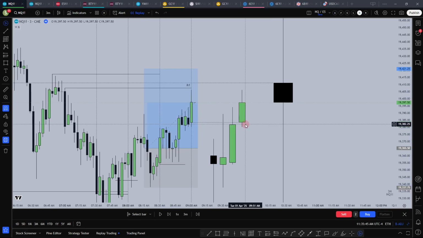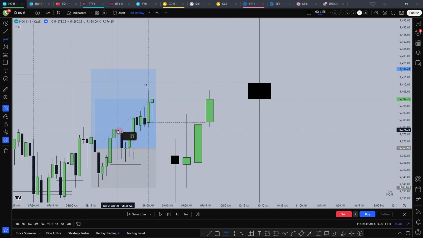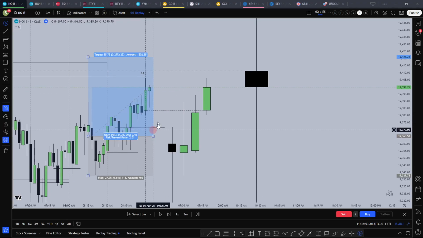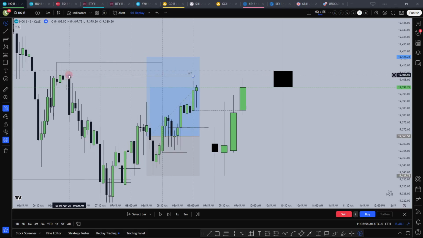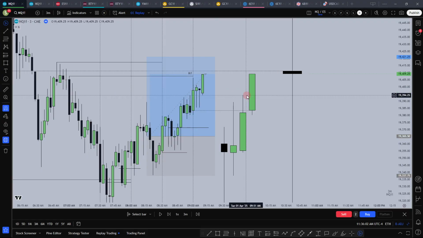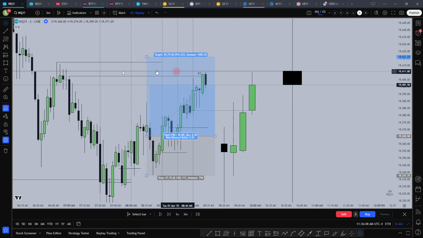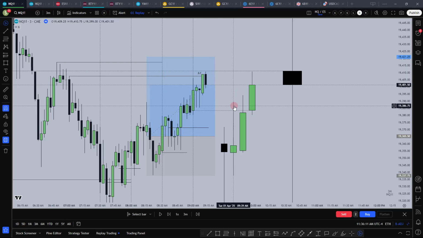But when 9 a.m. opened higher, then I was thinking that if the EQ of these candles gets violated, then I would manually get out. Almost the objective is hit. Then I don't remember if I took a partial there or not. This was a partial point to me at least.